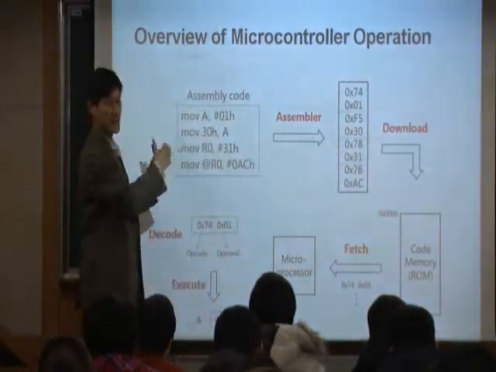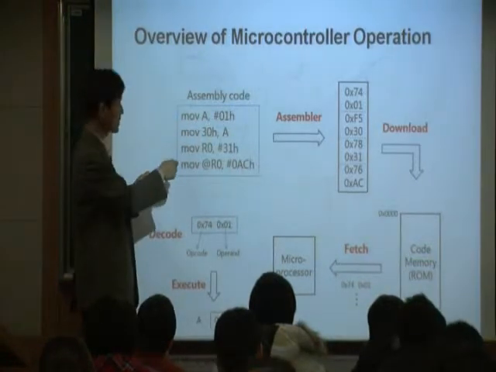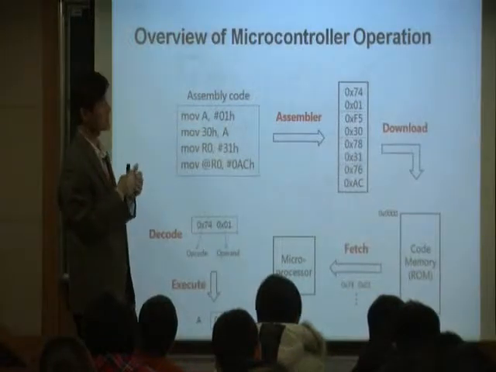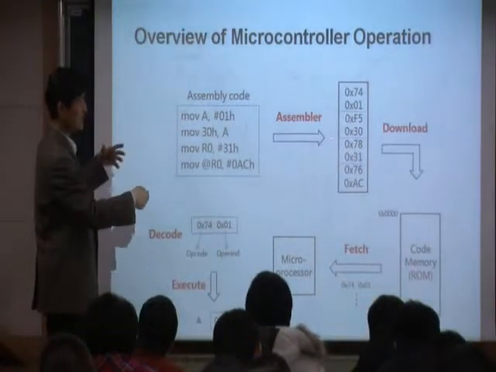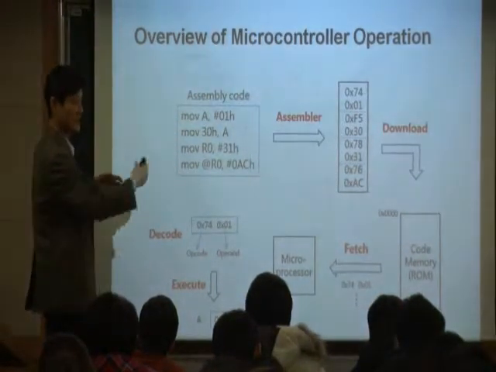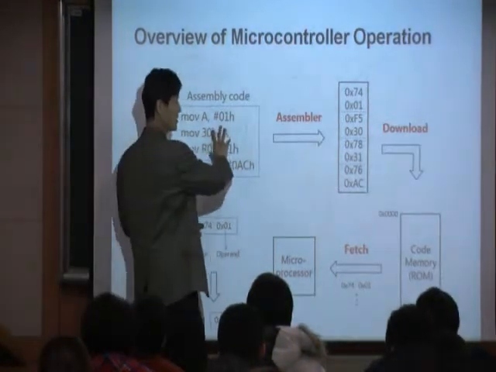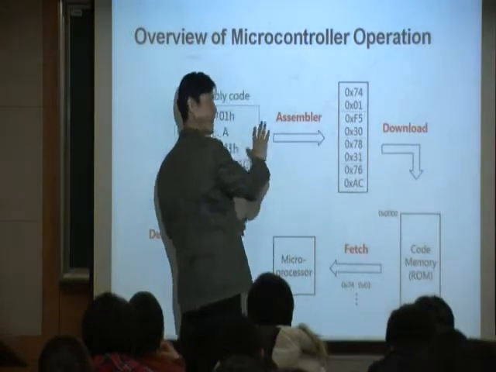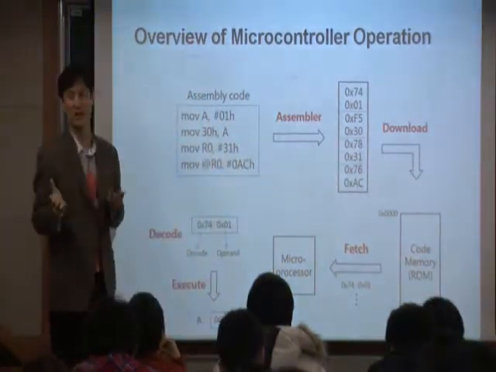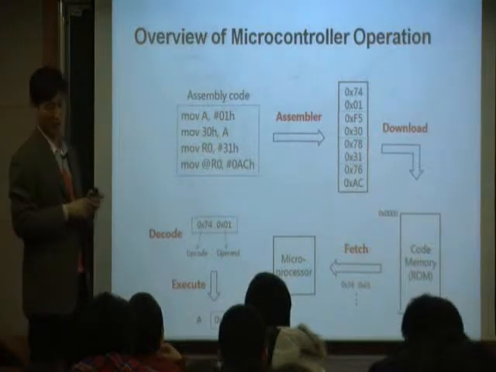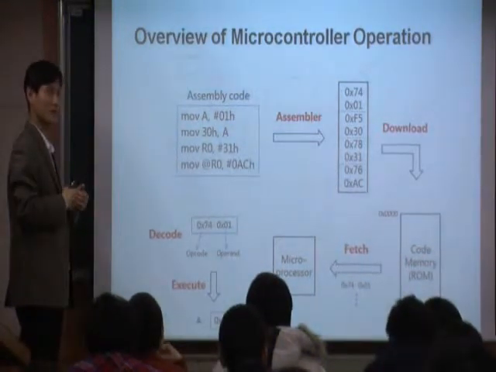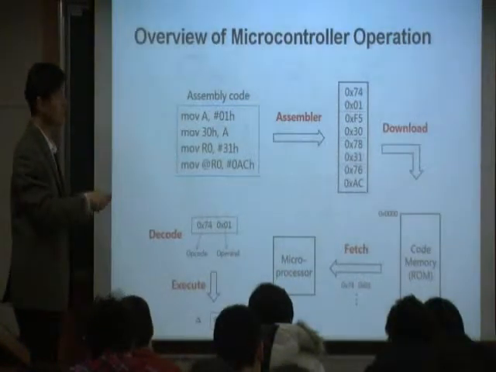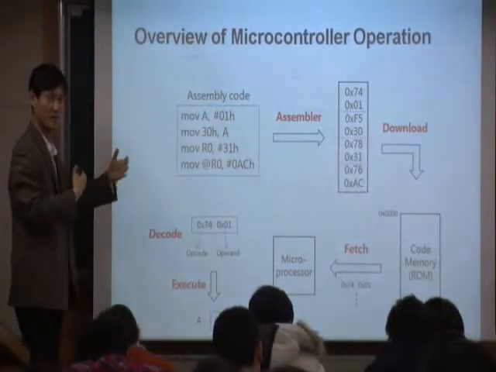Because it's easy, actually. There's a mapping rule. How to convert this one into binary, there's a rule for how to do it. Okay? We're going to see it. So you can easily convert it one way or the other. You can convert it from here to here, and if I give you this one, then you can convert it back to the assembly. You can do it by hand. In fact, that was one of the problems in the midterm, probably last year or the previous year. Okay? So you can do the conversion by hand. Anyway,